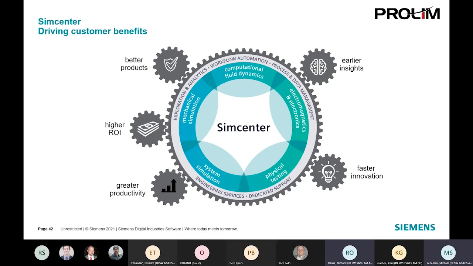So there's really two paths you could take with SimCenter 3D. One is we have a very robust open API. So if you have people that like to write automation code and want to automate repeatable processes, so that they could put it in the hands of the designer, and they maybe only have to make a few selections and the rest of the system is doing all the work for them behind the scenes, you can do that with our open API, and you can write in languages like .NET, C# and others to write code to help automate. So you might have just a few buttons inside SimCenter 3D,